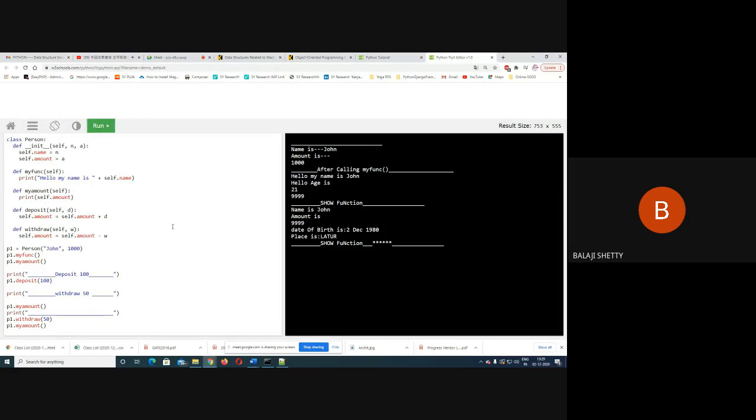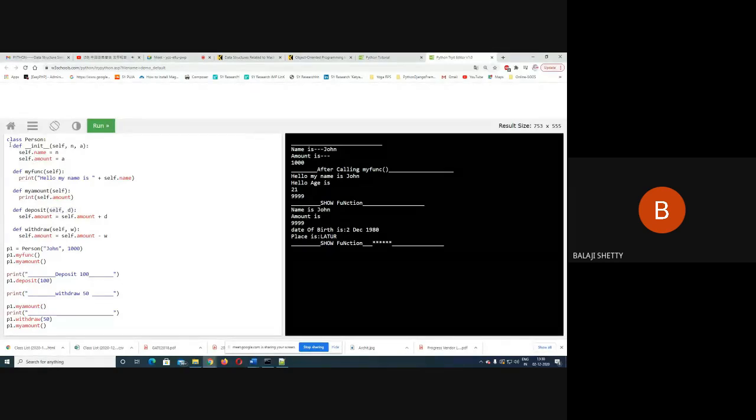Now what is this code? This is the code for a simple banking enterprise, which deposits money in the bank and withdraws money from the bank. Remember one thing in Python, whenever we define a function in a class, the common parameter is always self, because we are passing the object. Without the object, we cannot define functions in classes. We must use the self keyword.